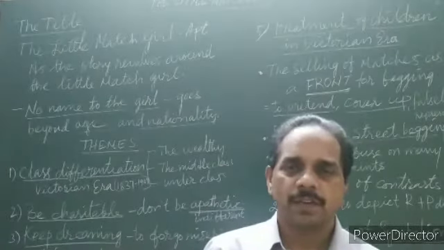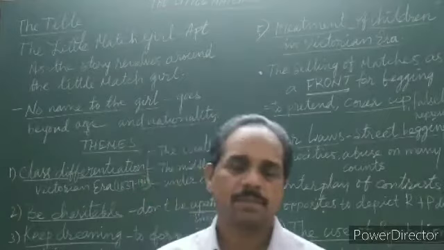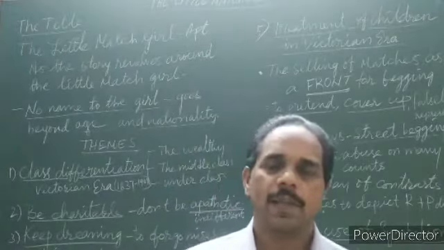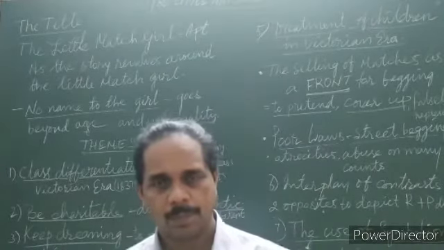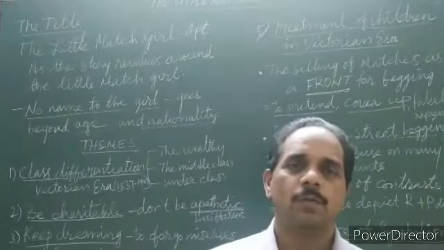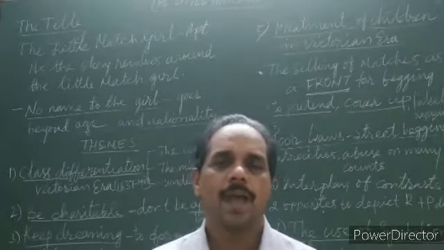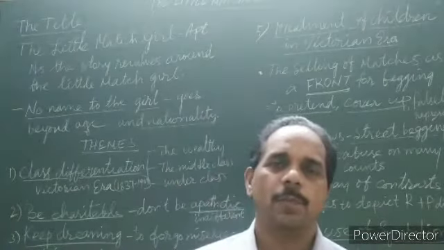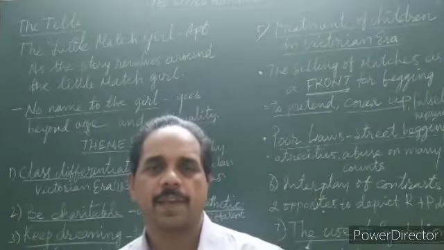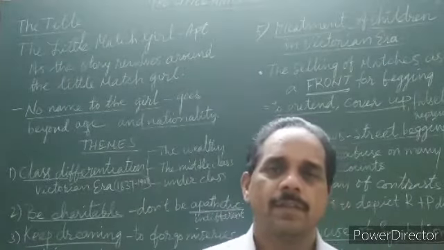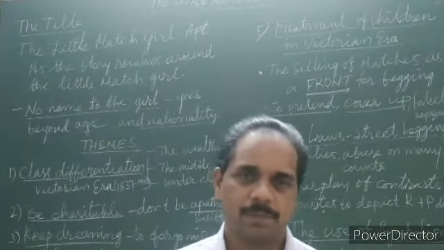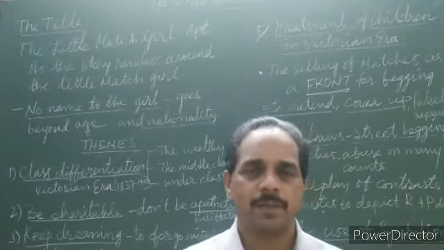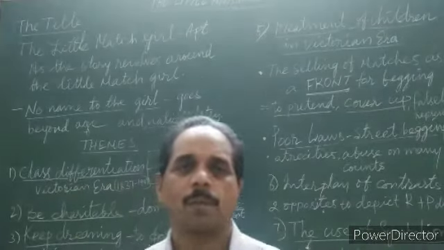In last class we looked at the setting, the characters, the dialogue and the plot. In the setting we have seen how sadness, isolation, hunger, cold, how these work behind the setting. And the characters, we have seen the main characters, the little match girl and the grandmother. And the dialogue is between grandmother and the little match girl. And we also spoke about the plot.